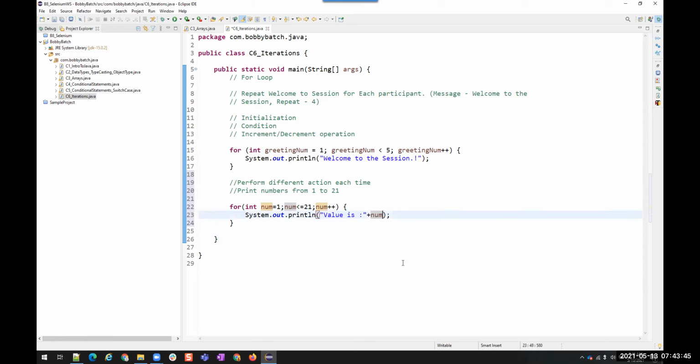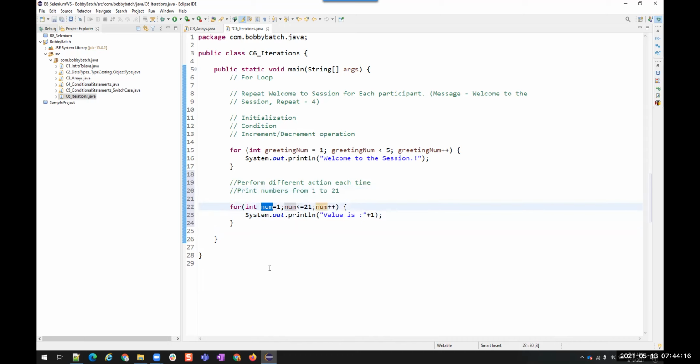Even if you are using plus 1, it will print 21 times, but it is going to print the number 1. But we want to print the numbers from 1 to 21, right? We don't want the number statically fixed to 1. I want, in each iteration, to print a different value, that is 1 to 21. So where are these values getting changed?